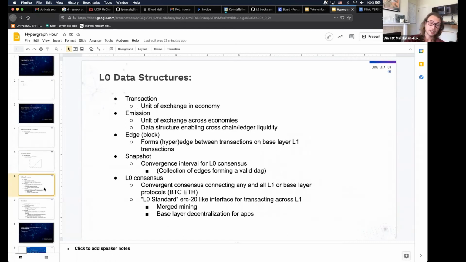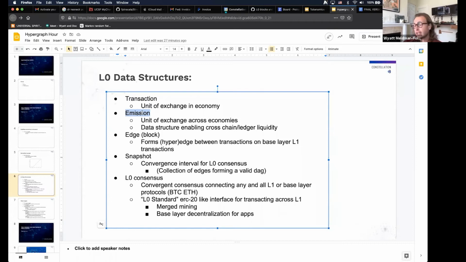And then there's also a bit of a shift in terms of what it means to actually be an L0 token, and what that means from an economic perspective. Well, that gives us this new class of data type called an emission. This concept of an emission has been floated around, at least inside of our internal working groups, and definitely in our technical working groups, and is really meant to be some kind of symmetric dual to a transaction. What this does is rebalance DAG amounts across different potential dimensions one could think of within the